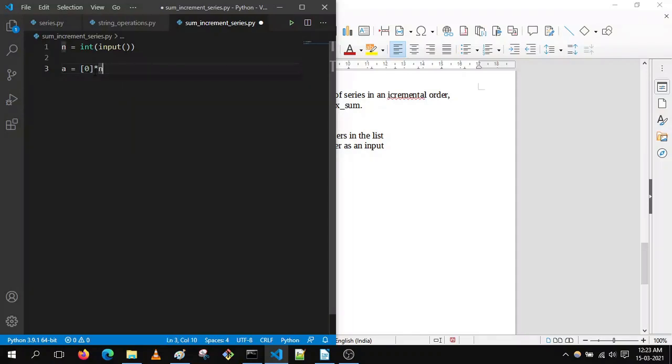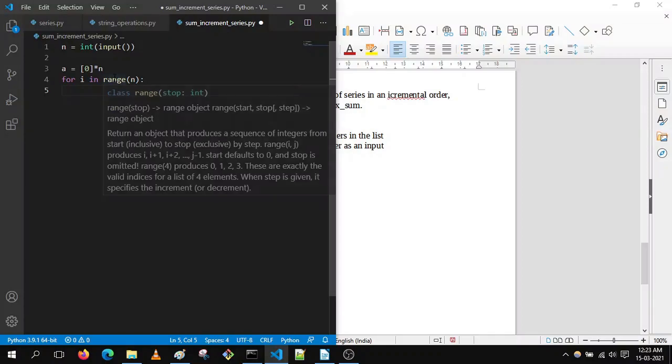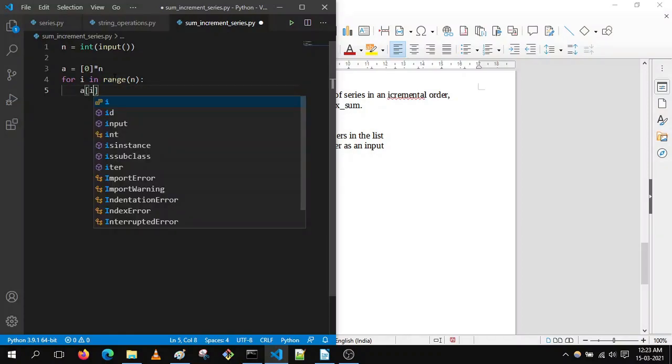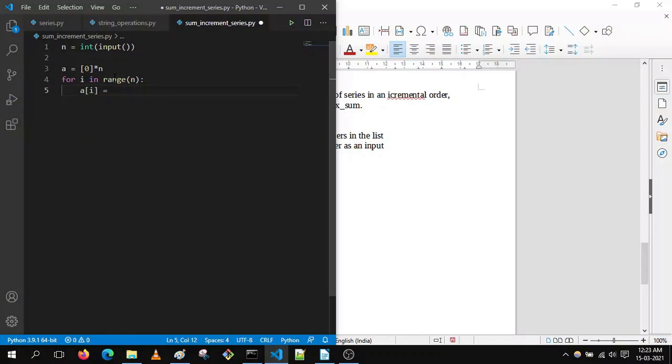First we fill the array with zero values, and we'll override that array once we get the input. So we run a loop from 0 till n minus 1 and take the input values inside this array.